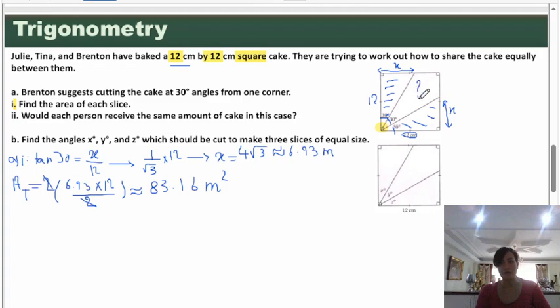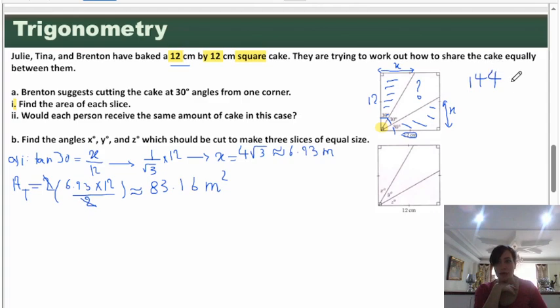But I have to see whether the middle one is the same as the area of these two triangles or not. As I said, the question said the cake is square. So I find the area of this square and subtract this amount from the whole cake to find the middle, because I can't find the middle directly. Anyway, so I say 12 times 12 gives me